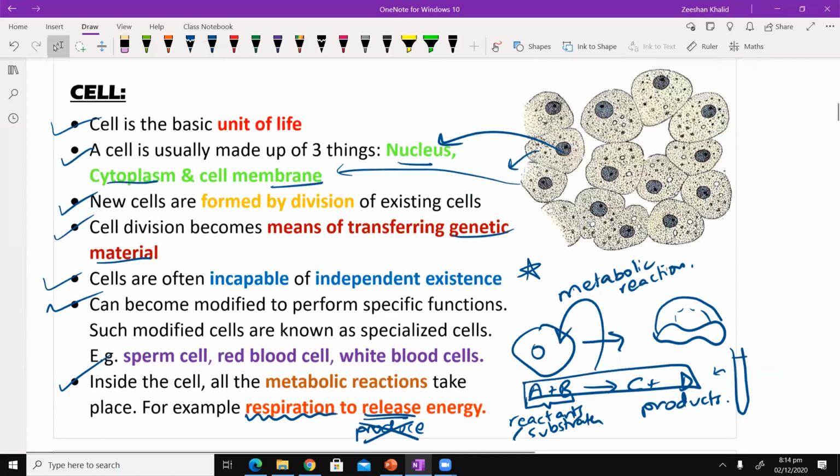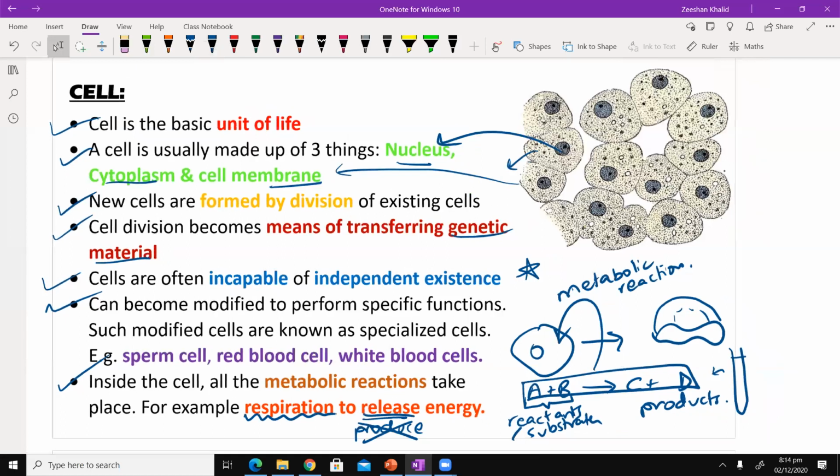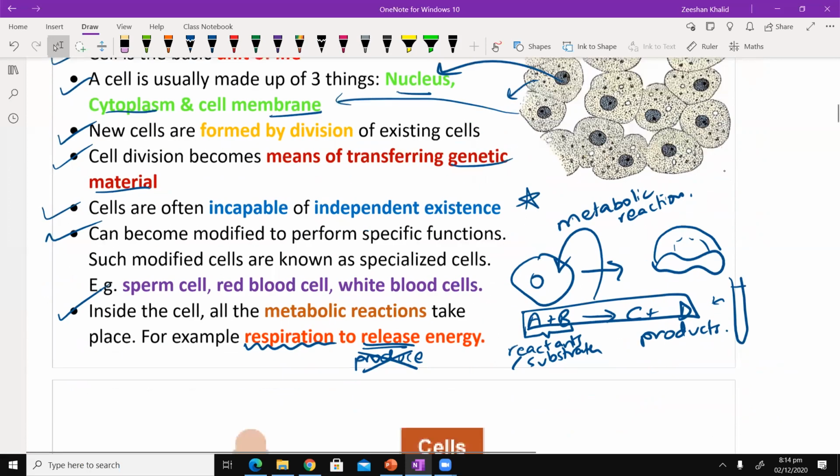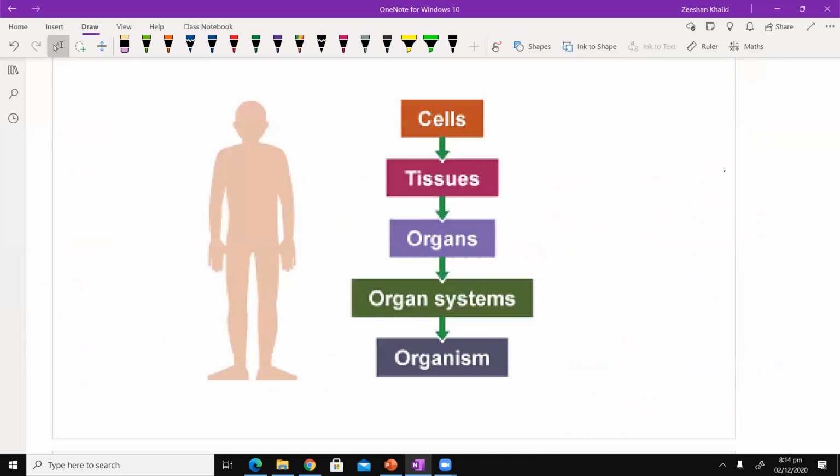In the recent papers, I think in May, June 2018 or 19, this was a question that was asked in section B, which basically asked the candidates to describe and explain the basic features a cell will have. So inshallah, all of this is sufficient for that. Okay, now the following thing that you can see is the transition that we will be making.